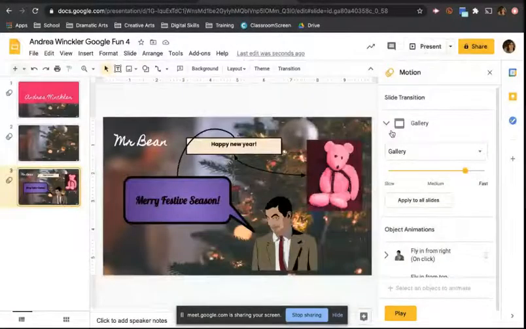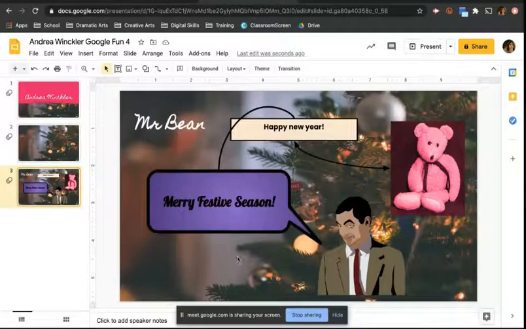And then the last thing I want to show you in Google Slides is to add a link. You can add a link to any element in your slide, which is fantastic. Because if you're presenting in front of a class or in front of colleagues, maybe you wanted to go to a website. So for you, it'll just simplify the process. Instead of closing the presentation and going to the website, I am now just going to add a link to the teddy bear, and then when I do the presentation in class or in a boardroom or wherever, I just click